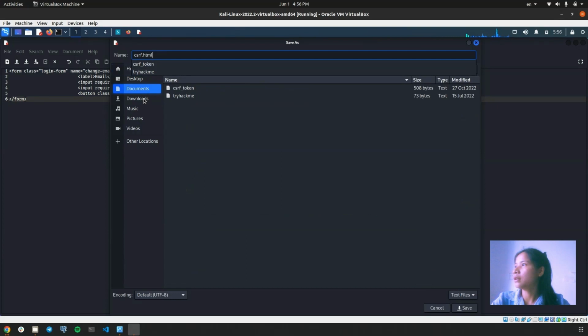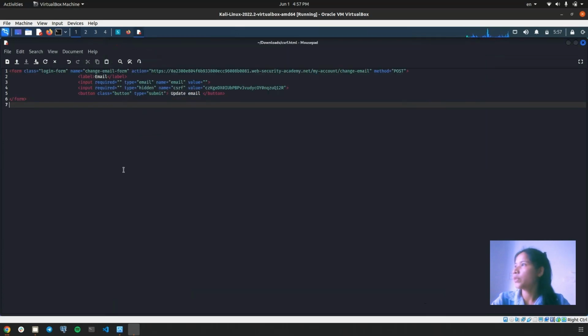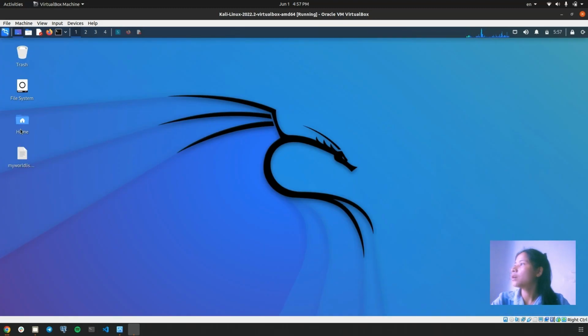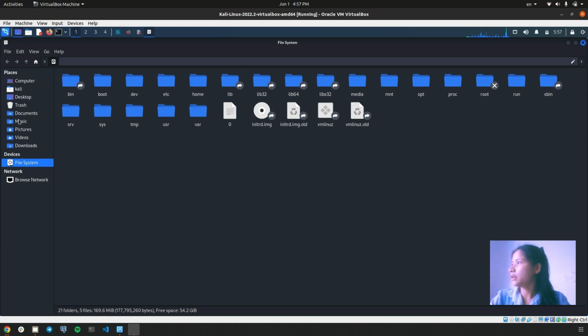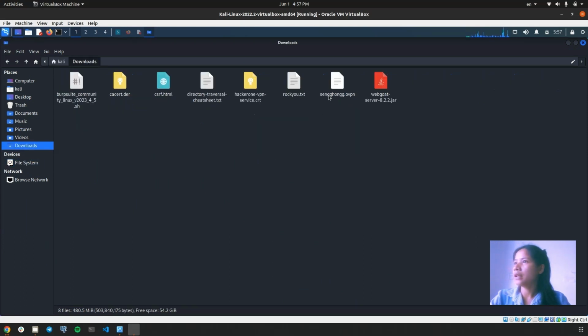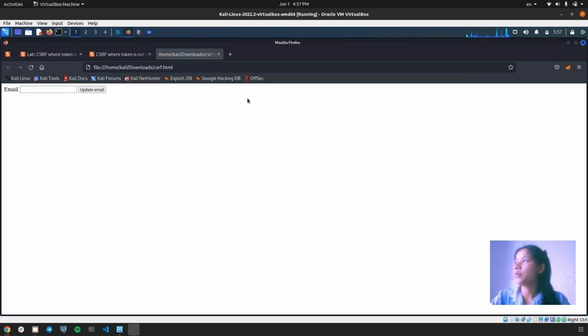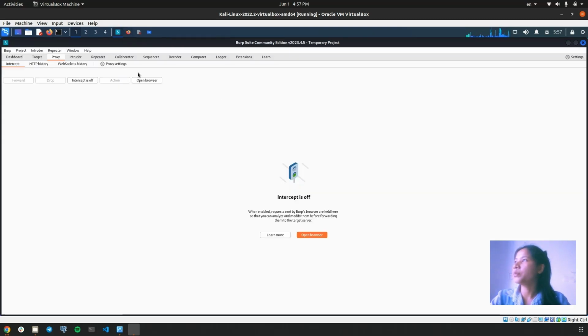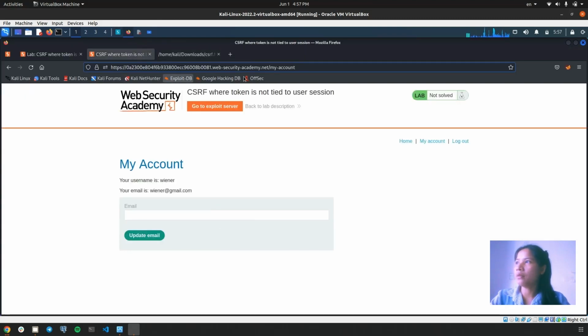Yes, I'm gonna show it in download and show it. Yes, and we go to the file, and you will see it in the download, and you just open it. Yes, we have the form to update the email, but first you have to go to this website again